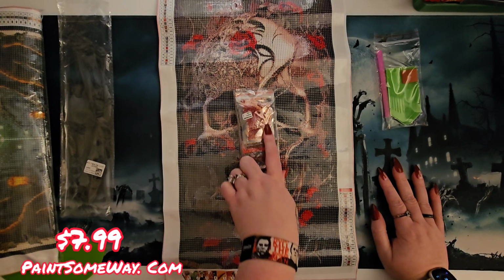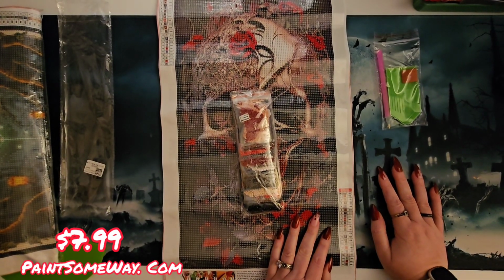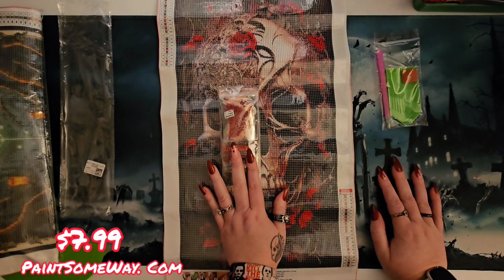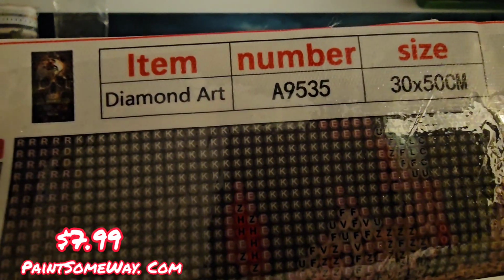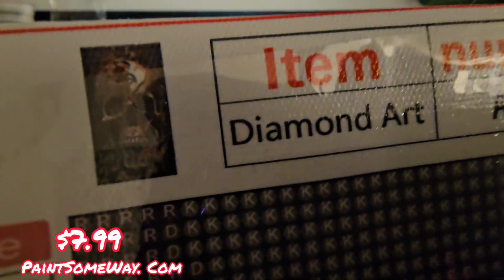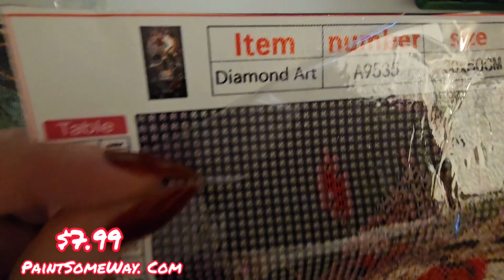I can see where this pink is going to come in, probably in the shadowing. But all in all, I'm not mad about the color palette. Let's take a look at the canvas. Up here's the serial number. Here's the thumbnail. Let me peel back the glary little...